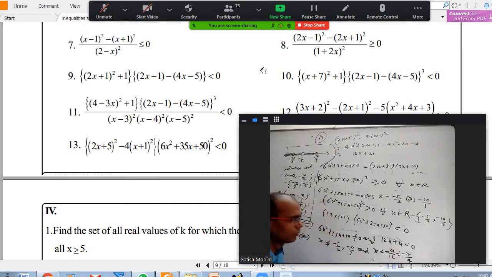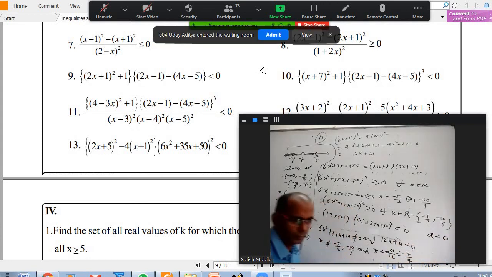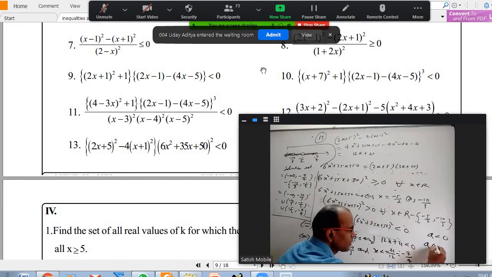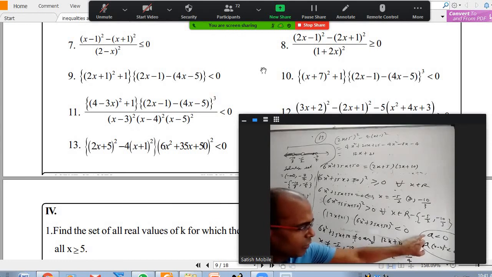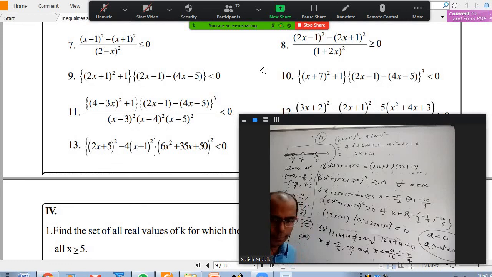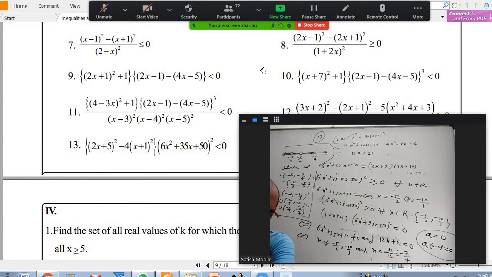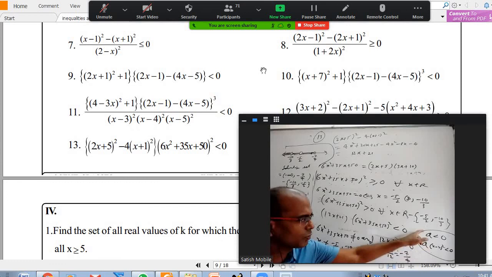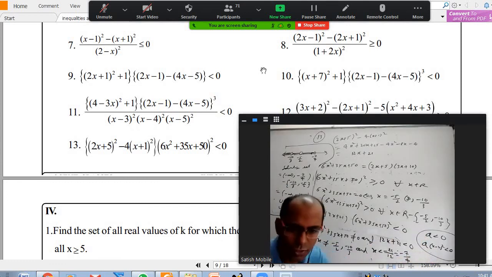Okay. Let us see, if I tell you A less than 0, and A into (x minus 2) whole square less than 0, what is the difference between these two? For this solution, are they same or will there be any difference? It will be same, sir. No. You have to remove 2. Here when x is 2, A may still be negative, but here when you take x equal to 2, it is 0. Okay, sir.